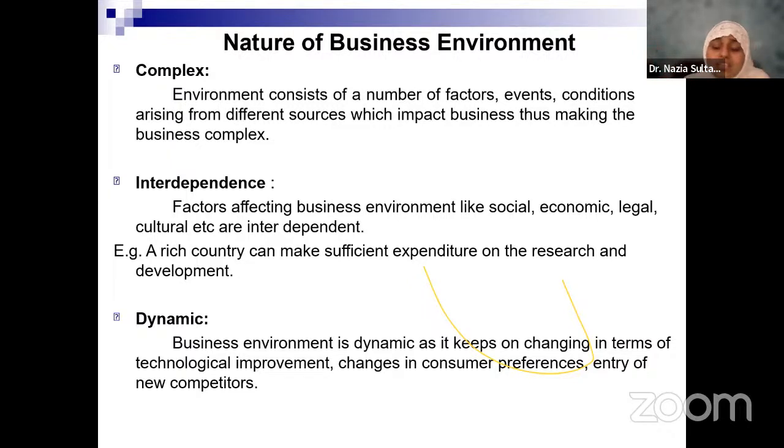The environment is always dynamic, where there's something or the other happening around, and businesses will have to make a note of all the changes which are happening now. For example, you talk about the demographic environment. Earlier, about 12, 15 years back, the number of women in the main workforce of a firm was very small. At that point of time, if you see the employee demographics, most of the workforce comprised of men. Only a few women would work. But today, if you see, there are more women who are working.